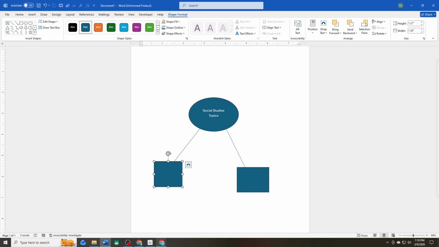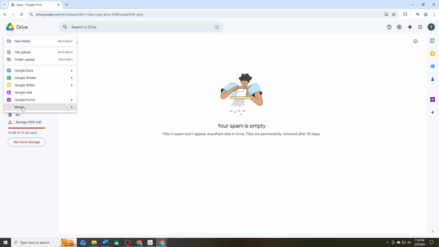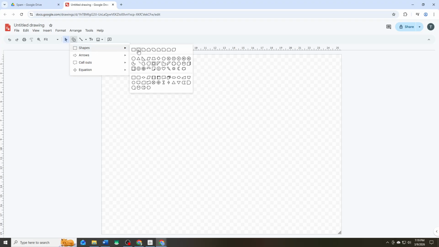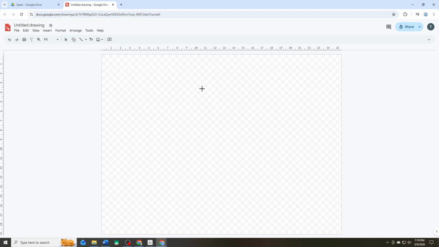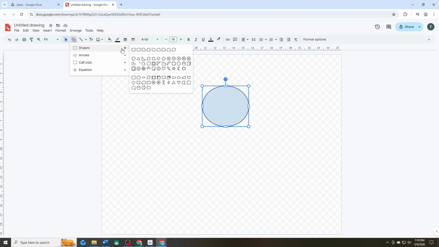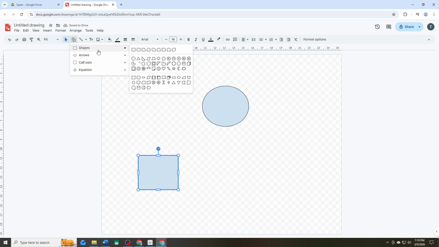Open Google Drive and create a new Google Docs or Google Drawings file. In Google Docs, select the Insert menu and choose Drawing, then create a new drawing. Inside the Drawing workspace, use the Shape tools to place your main concept in the center and add additional shapes for related ideas. Connect the shapes using line connectors to illustrate how the concepts relate to each other. Once finished, save and insert the drawing into your document. If you are using Google Drawings directly, the process is very similar, allowing you to easily arrange shapes, add text,